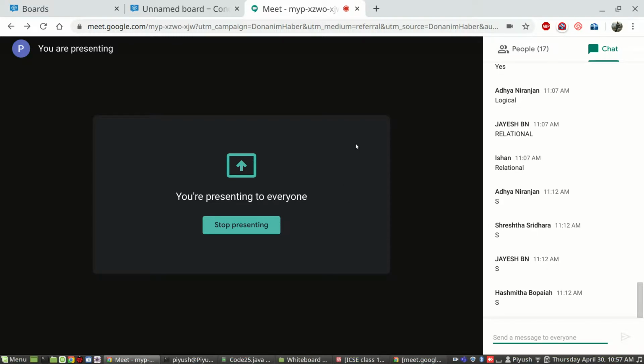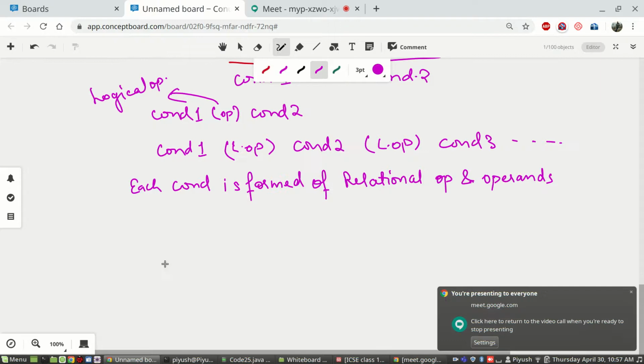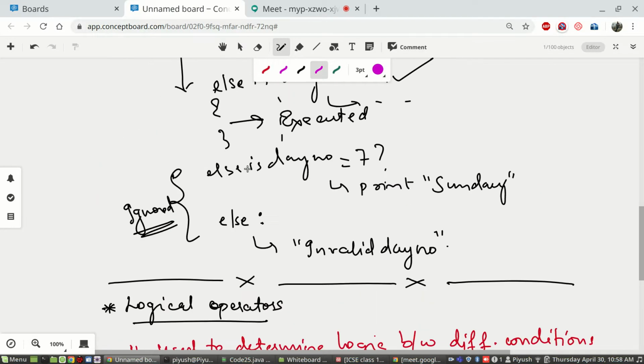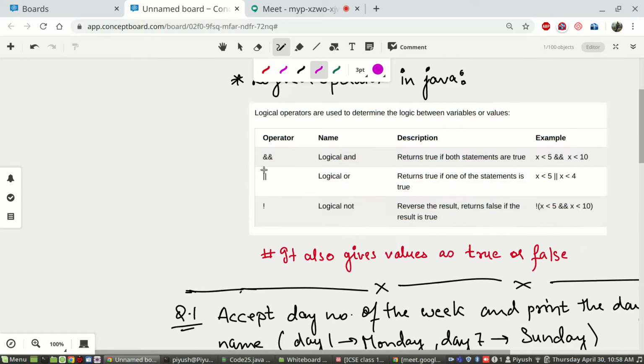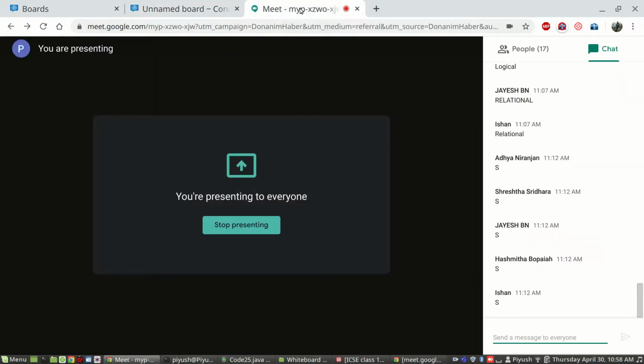Okay, now we'll further build on this. See, now what are the different types of logical operators? The different types of logical operators that we have are basically three types. This is double AND. What is this sign called? I mean this sign. Just try it out. Let me see whether you know the name.